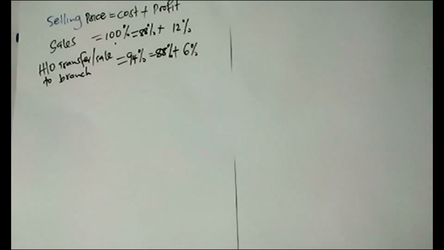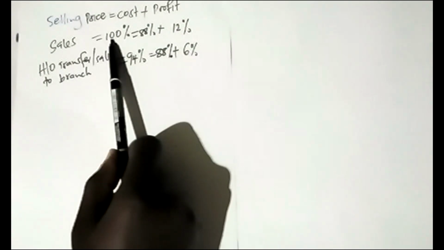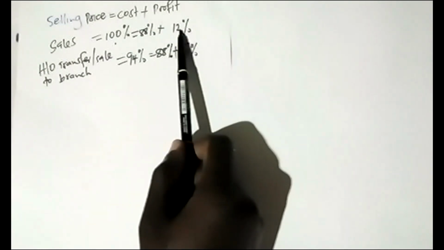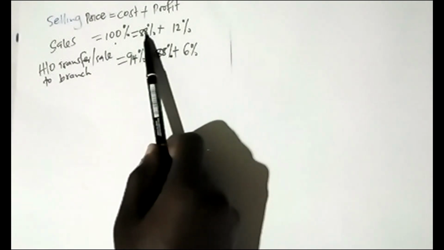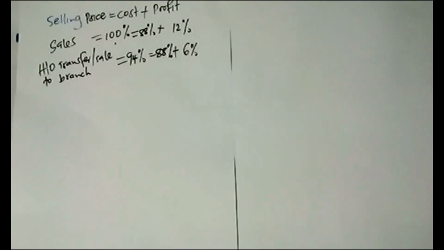I said if it could have been on cost, I could have said this one could be 112, then at the same time here it could have been 12, then this is 100%. Anyway, you understand what I'm saying. We will be doing another question next time whereby they say at cost, not at selling price. For now, at selling price, your selling price would be 100%, then the profit you are given, then to get the cost, you take 100 minus 12, the same with head office to branch. So you do it the way I've explained.